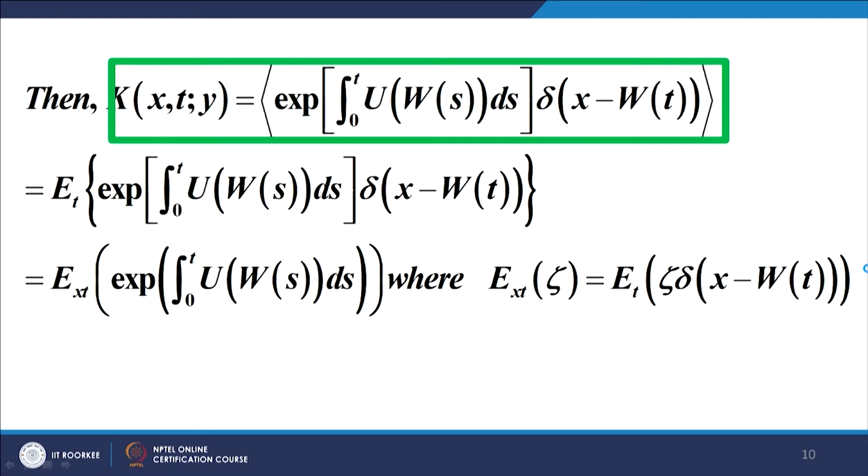So, now the important thing, what have we got? We have got the kernel as the expectation value of a certain quantity, the expectation value of the exponential of an integral. Now, when we have the expectation value, obviously it will involve a probability density function or a probability mass function, either way, and then it has to be summed over or integrated over as the case may be with respect to this